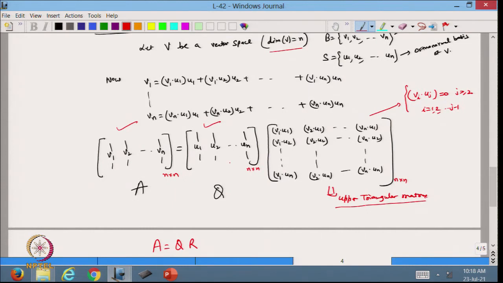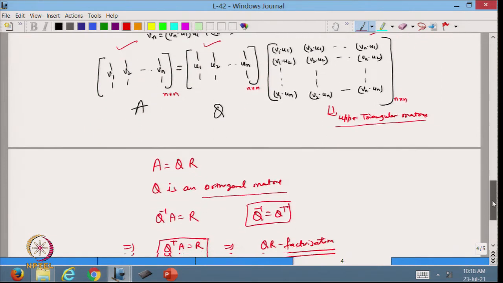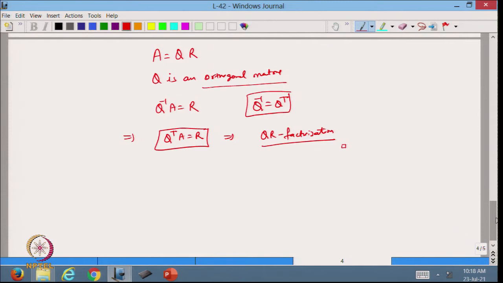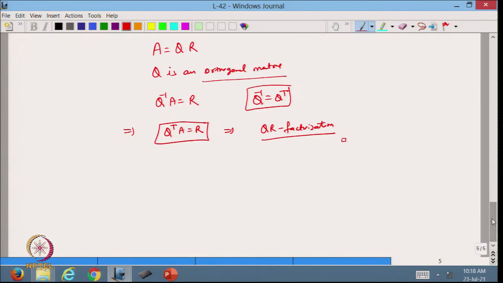Here Q is the corresponding orthogonal matrix and R is the upper triangular matrix. That we have discussed in the previous lecture, and in this case we just want to say that it may happen sometime that this QR factorization